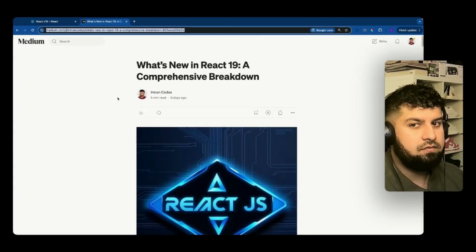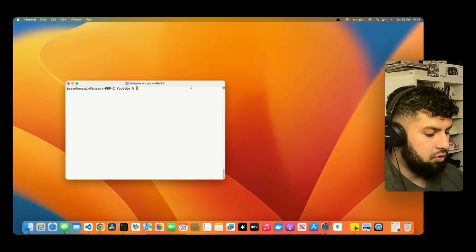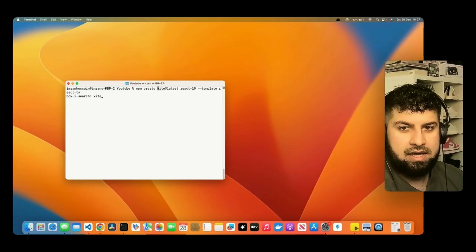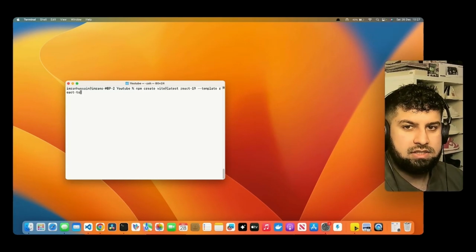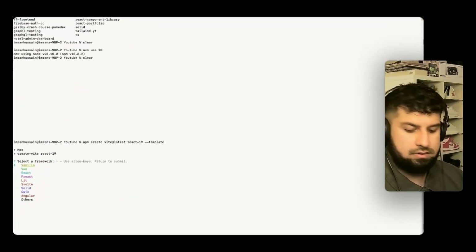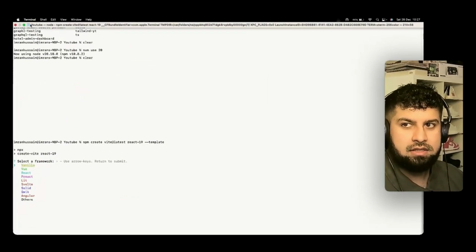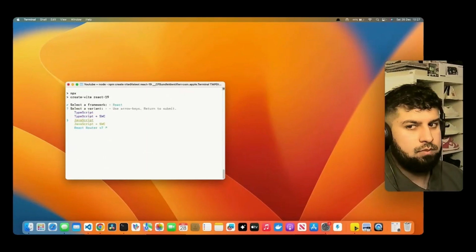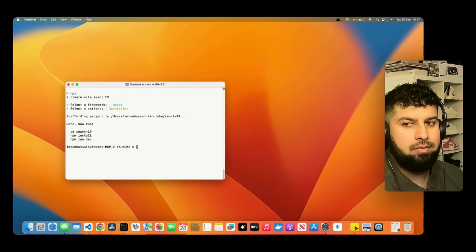So what I want to do first of all is get started, and let's bootstrap a Vite project. So let's go ahead and do that. So Control R, and it's just to create Vite app. So we can just do Control R Vite, and again, this is the one we want, which is React 19, and then the template we can just set ourselves. So if we press enter, and bear in mind I'm using the Node version of 20 for this. So again, we need a modern up-to-date Node version. So let's choose React. And this time we're going to do JavaScript